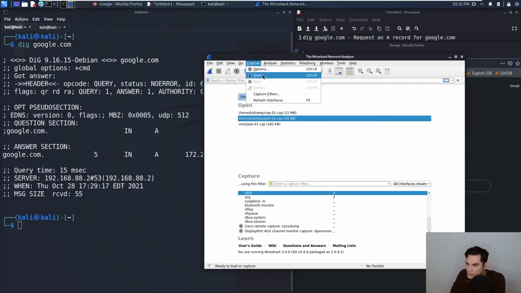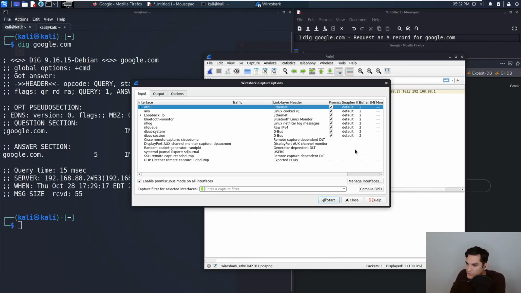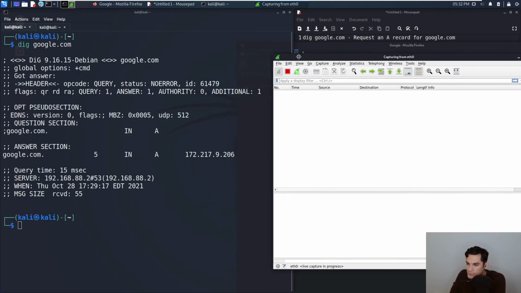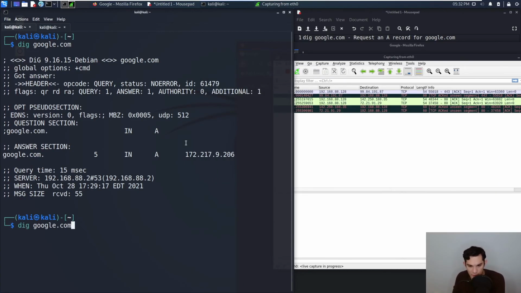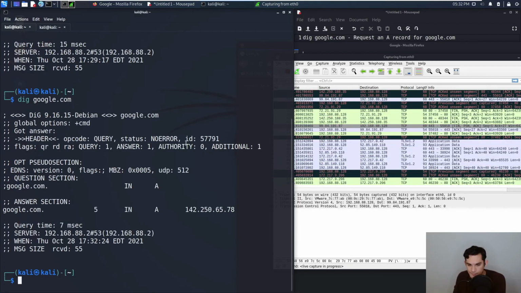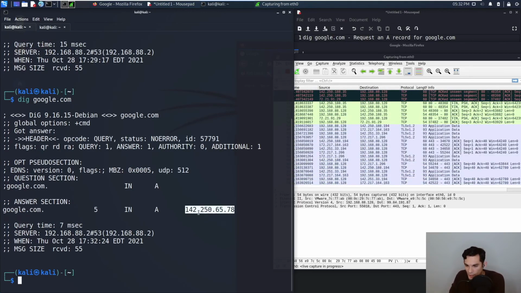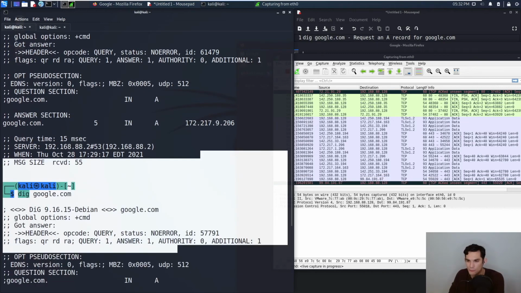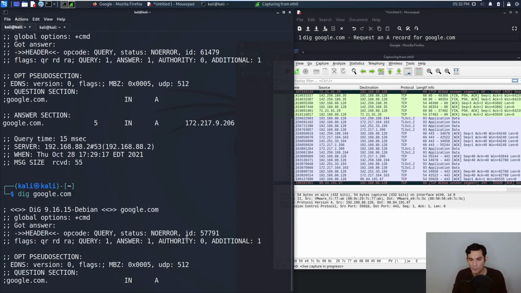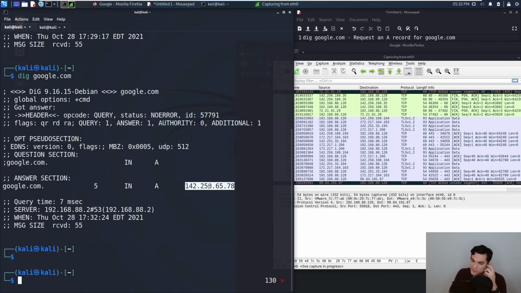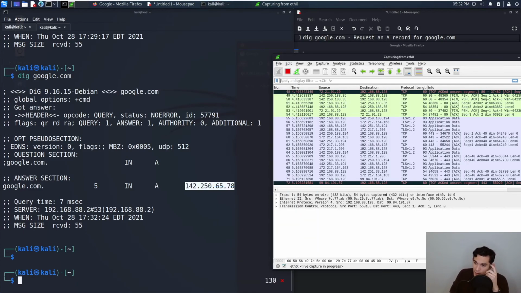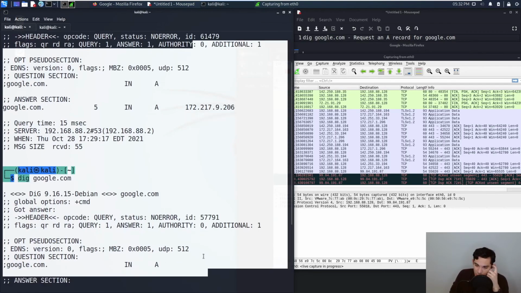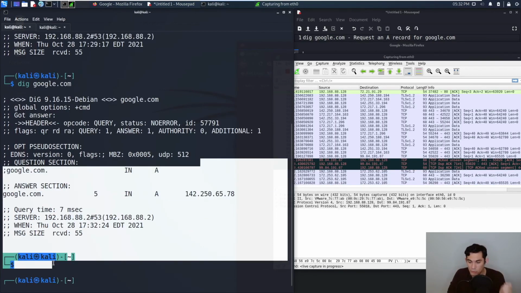So I'm going to do a capture. Actually, let me make sure I have these settings correct. Okay. We're starting a capture now for internet traffic. We're going to run our DNS query for google.com. And you can actually see that between these two queries, we got two different IP addresses. So what might have occurred is, in the meantime, since we last ran this query, maybe this IP address got busy, and so now Google is telling us to go to this other one for some load distribution.